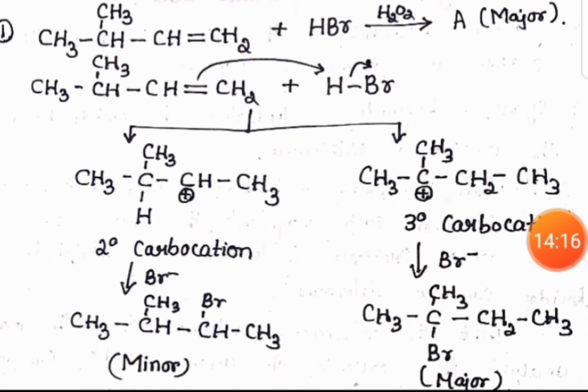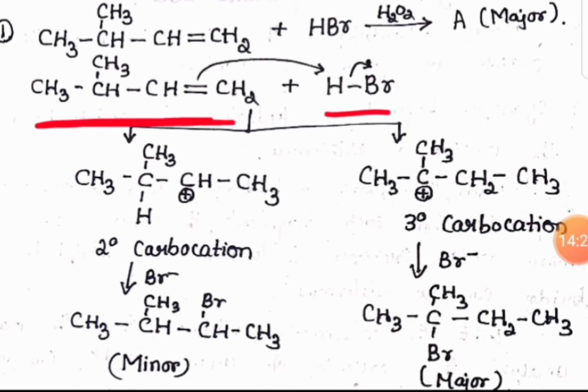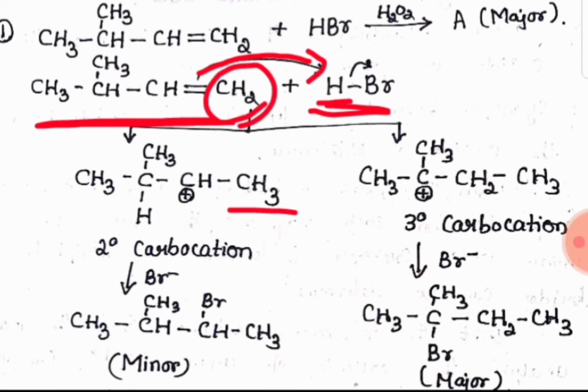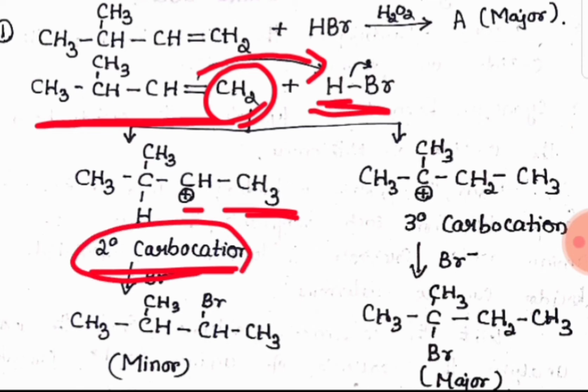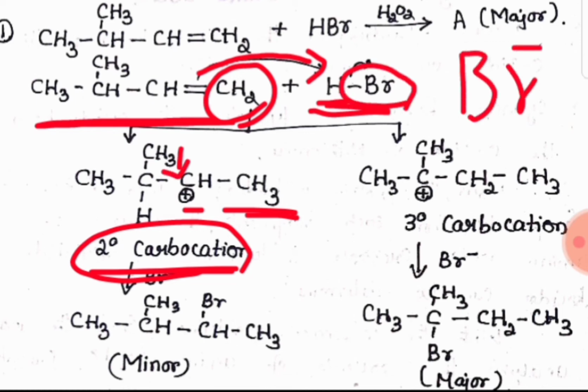Now what we need to focus on here is this unsymmetrical alkene, when we treat it with hydrogen bromide. If we consider that the pi electrons are reacting with the hydrogen, and this hydrogen is added to this carbon atom, it becomes CH3, then the adjacent carbon atom gets a positive charge. Because of that, there is a generation of a secondary carbocation. Now here we got a secondary carbocation. To this secondary carbocation, the negative part of hydrogen bromide, Br minus, will be added and we will get this product.